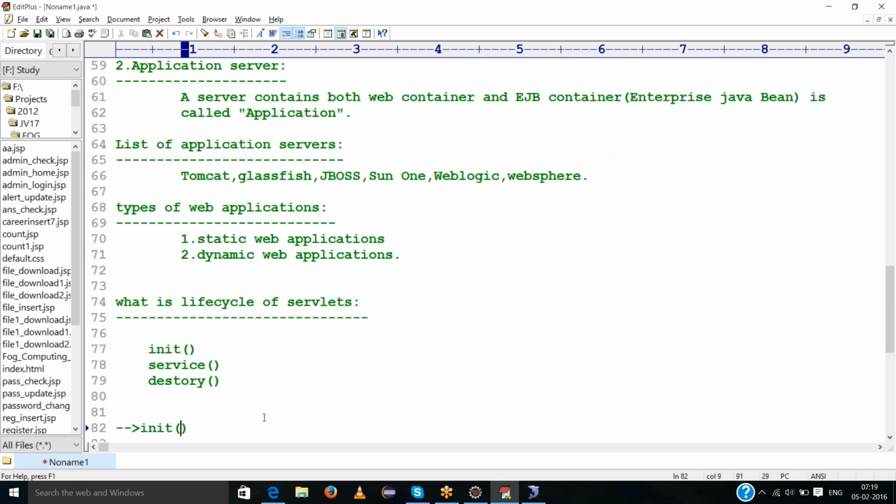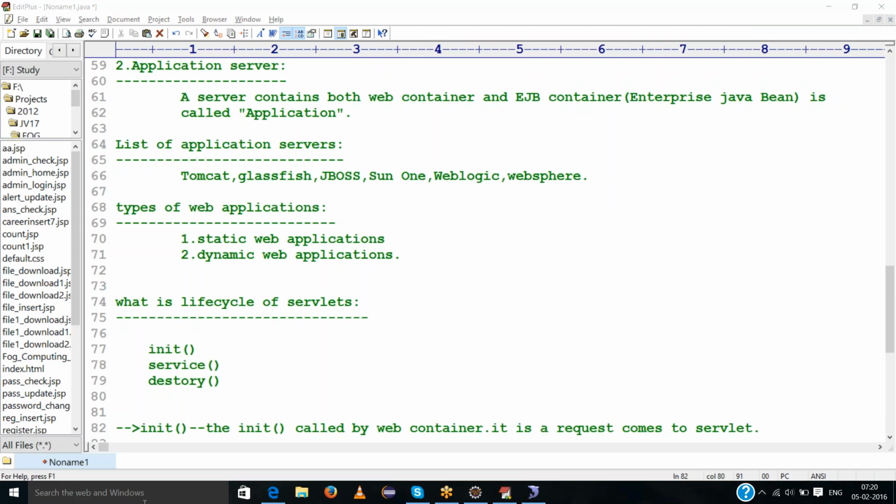The init method is called by the web container, when the first request comes to the servlet. And what is a web container?